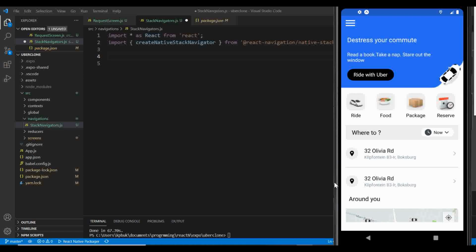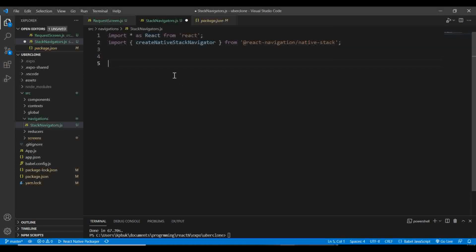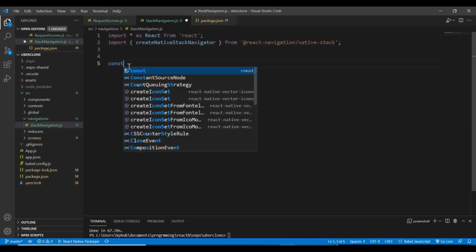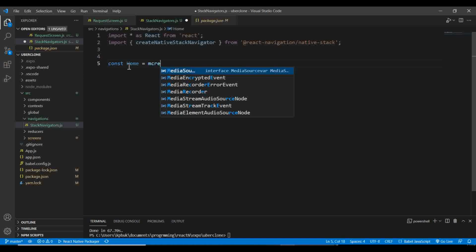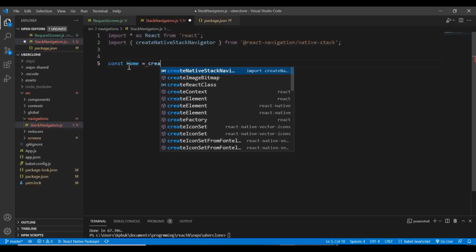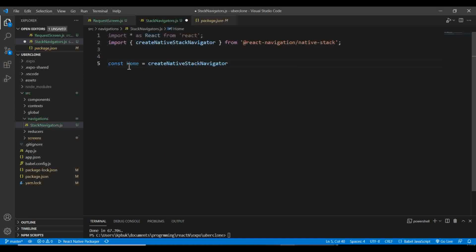Okay, there's a difference, because a component you cannot navigate to, but a screen we'll be able to navigate to. So in order to register the home screen, which is a component so far, we're going to create that stack. So the first thing we're gonna do is create a home stack. Just gonna say home, and we say create native stack navigator. So we've created an instance of this stack navigator called home,